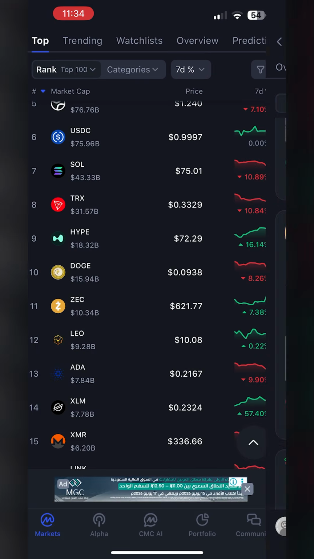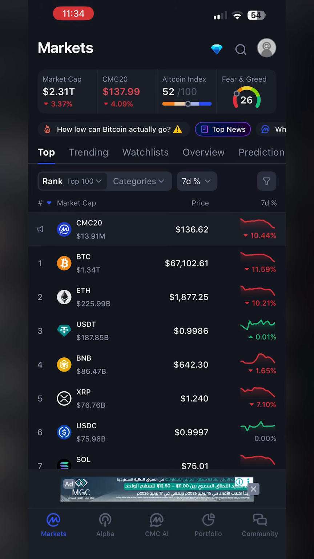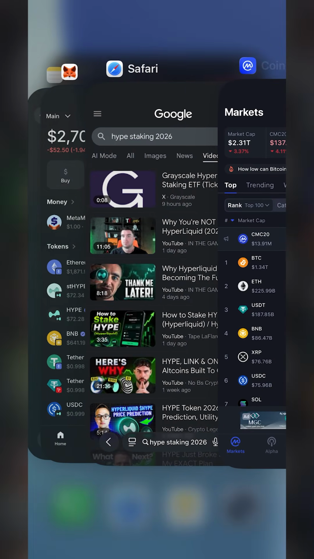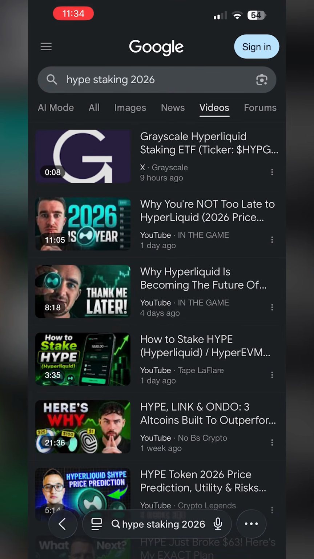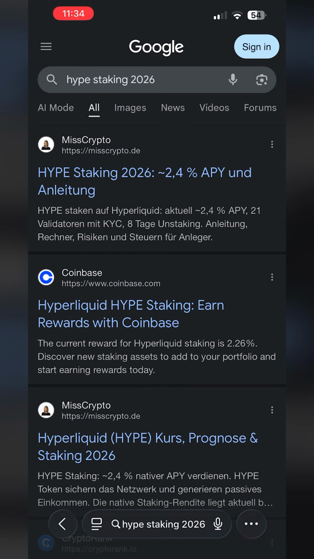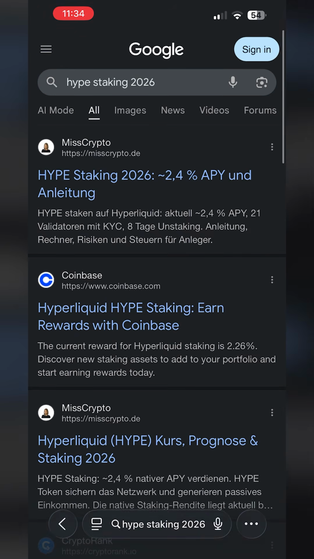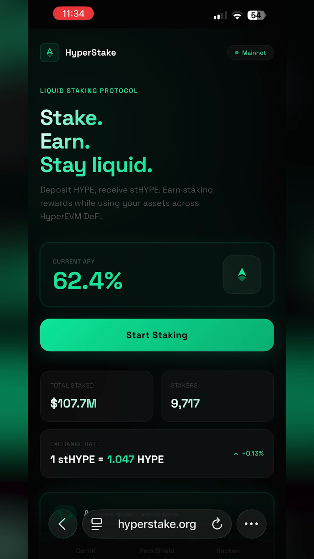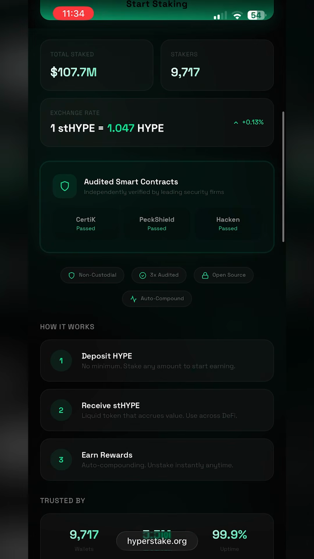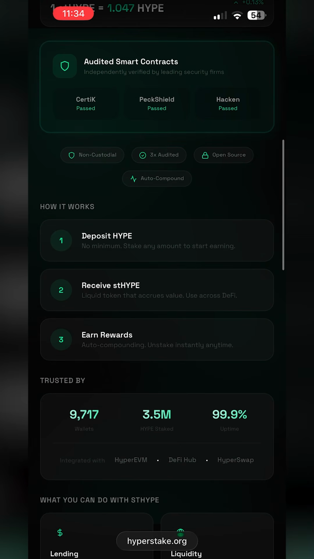And Hyperliquid, the HYPE token, has been on my radar for a bit now, the staking side of it especially. I've tested platforms like this for a few years, and got a solid process for figuring out what's legit and what's not, and today I want to show exactly how HYPE staking works on one specific platform I've been testing for a while. Okay, so this is the main page of the platform,